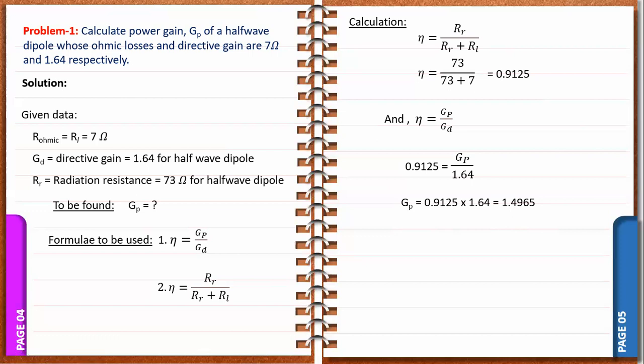So here the gain may be given as 1.4965, and we can go further and represent the gain in dB. To represent the value of gain in dB, we have to take 10 log base 10 of the value, that is 1.4965. Now we compute this, then we get 1.7507 dB. Now we have to finally write the result. So the result is power gain in dB 1.7507, and without representing it in dB, the power gain is 1.4965.